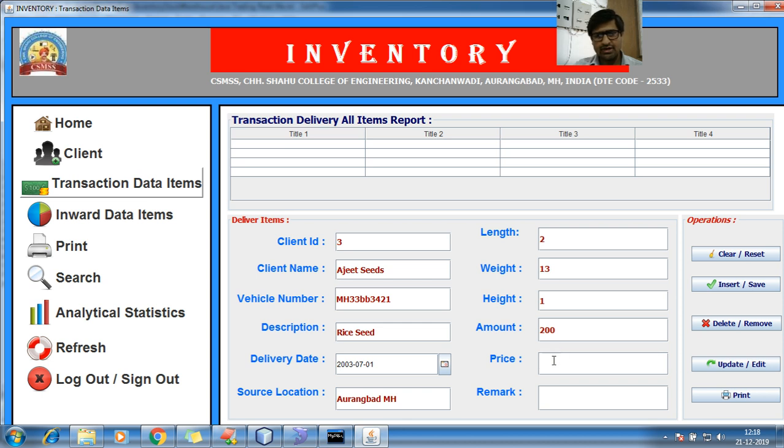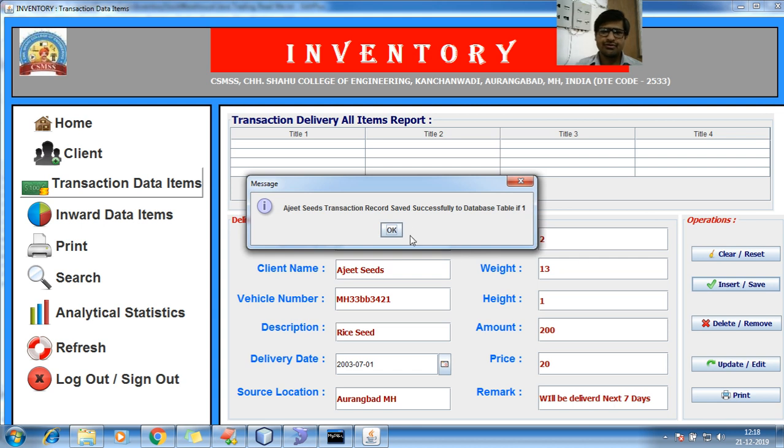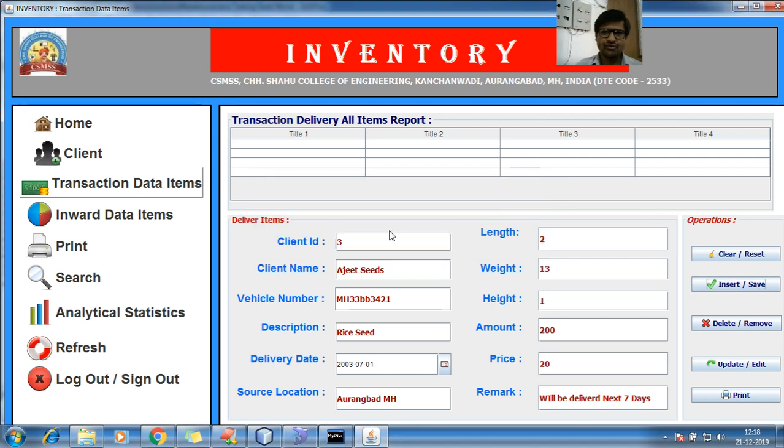Sorry, total amount is 200. Price is 20 rupees, suppose, assume, and it will be delivered in the next 7 days. Insert or save. So Ajit seeds saved successfully to the database. Okay, and you can clear also. Clear. So let me go for, instead of 2, we go for 1